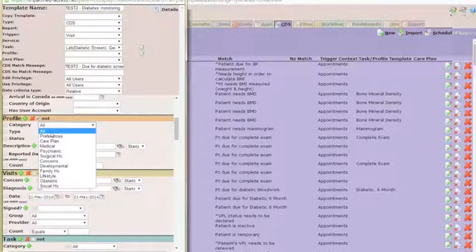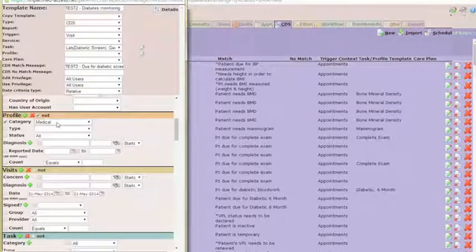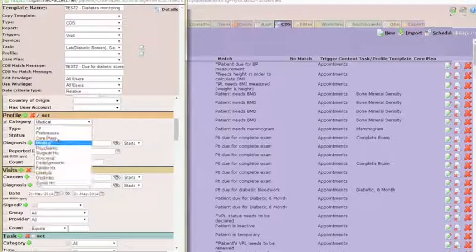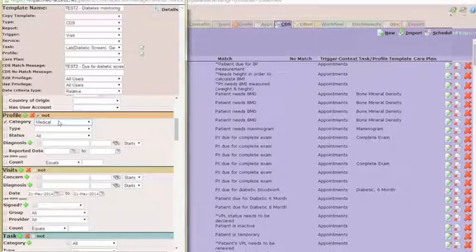And it's preferable to specify in here medical. The reason for that is if somebody has put a family history of diabetes, you wouldn't want that patient being excluded from this if they have a family entry in there. So put medical,